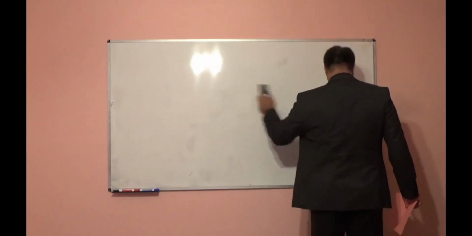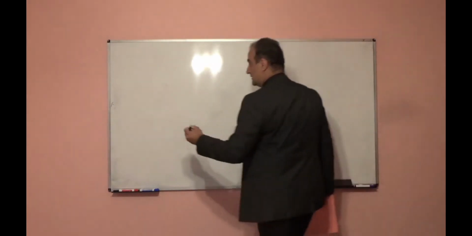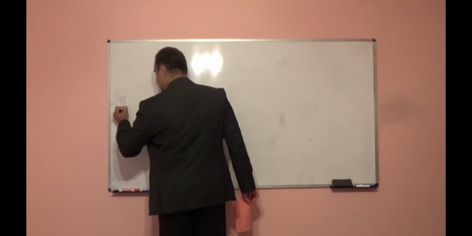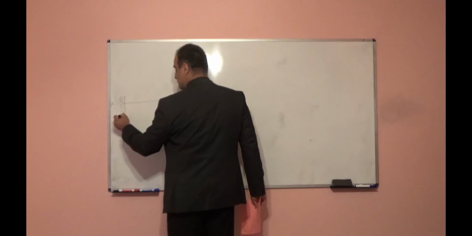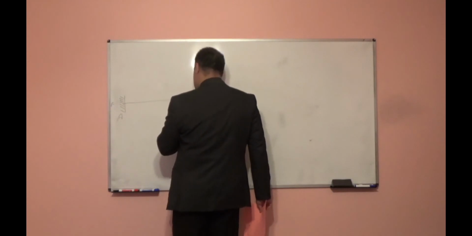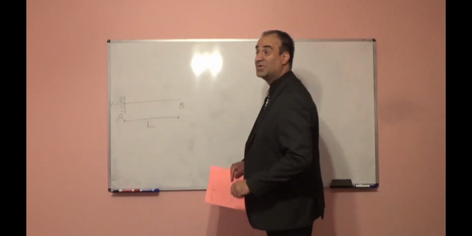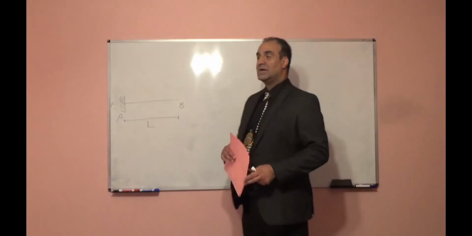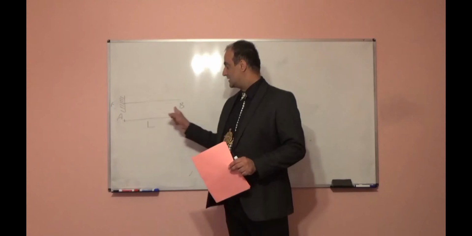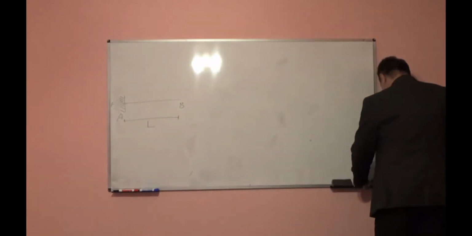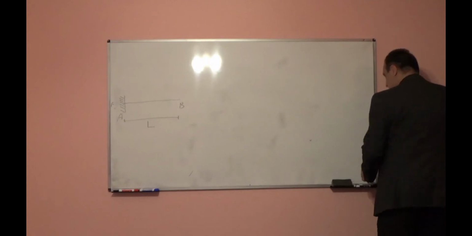Simple problem. Cantilever beam means one end is fixed support, another end is free. Beam AB, the length for this beam is equal to L. It is similar to the balcony in one building. It is a cantilever structure balcony, subjected to, for example,